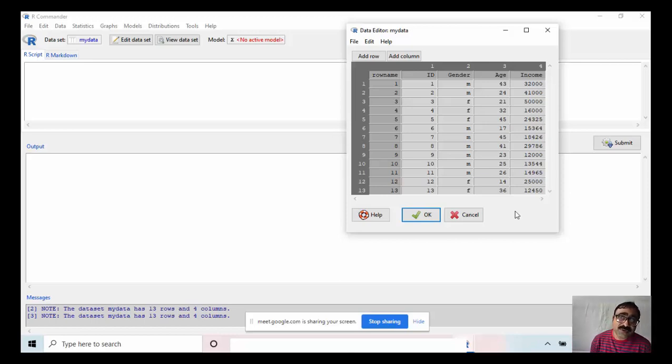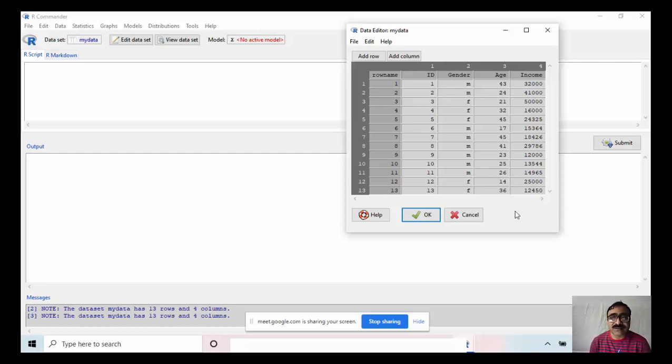For this we have to know the scales of measurement. We have 4 different scales of measurement: nominal, ordinal, interval scale, and ratio scale. If we go through the variables one by one, this ID is only for identification, so it is a nominal scale.